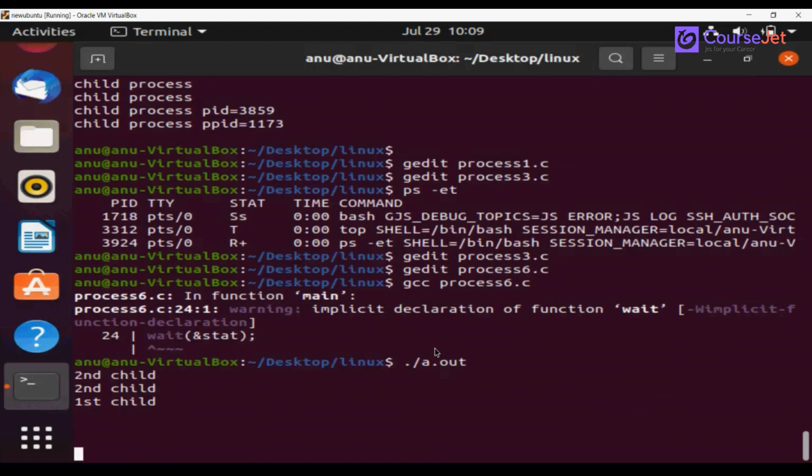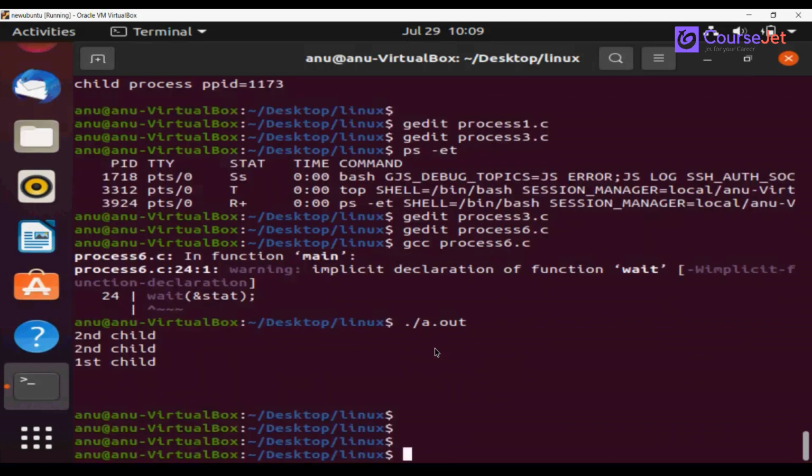And it is waiting. Why? Because 1 minute is not over. We will have to wait for 1 minute because we have given 60 seconds. In case of that, I would have given 30 seconds. That would be better. Now, after 60 seconds, it got